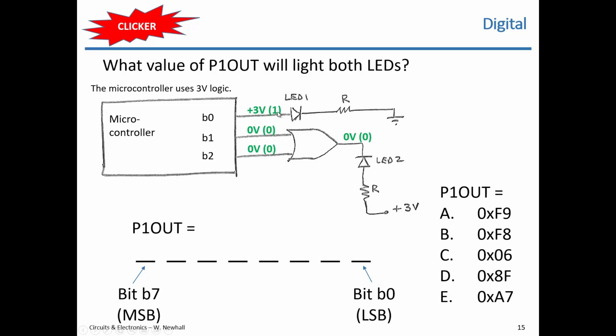That means we have bit 0, bit 1, bit 2: 1, 0, 0. So bit 2 through bit 0 is 0, 0, 1. Okay, so these are the 3 bits I need, specifically those values, to light up those 2 LEDs. The other bits, I don't care. They could be all 1s, all 0s, or any combination of 1s and 0s. So you have to figure out which one of these answers would give me 0, 0, 1 in the